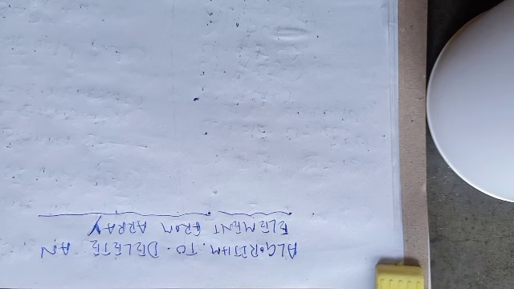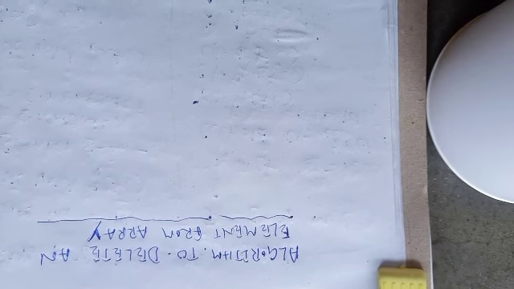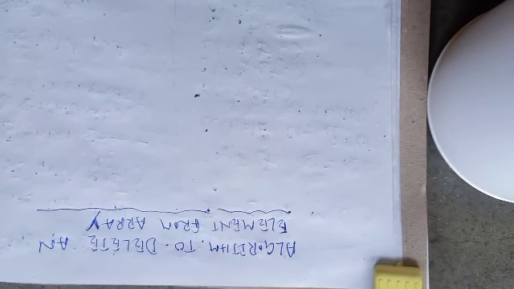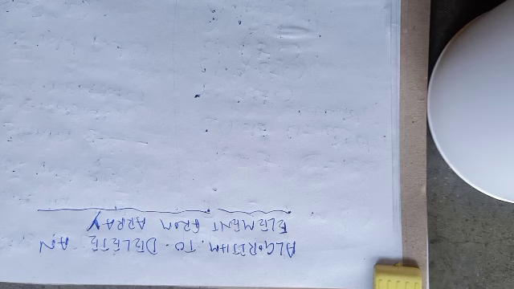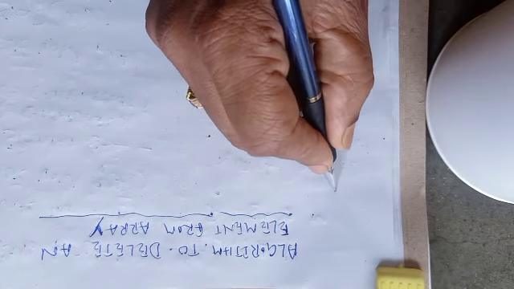In our last video we discussed how to delete an element from an array, or what exactly deletion of an array means. Today in this video we will be discussing the steps, or the algorithm, which is required to conduct a deletion operation from an array. As usual we will give our algorithm a name.